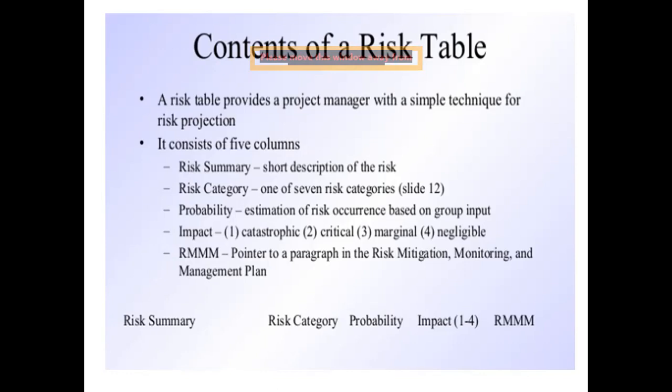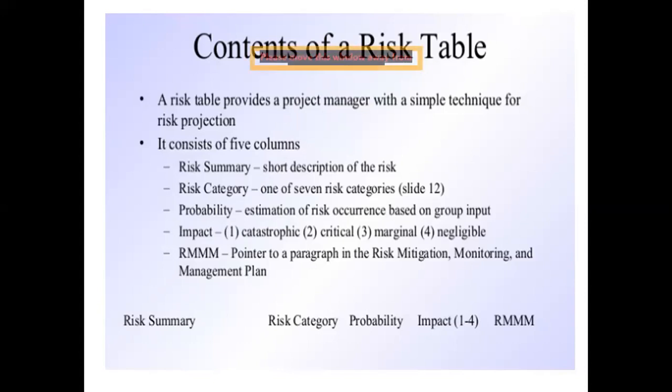Because if we are going to develop any product, then we always consider the risk, and for that risk we are going to maintain the risk table. In the risk table there are a number of columns, and these columns are 5. So what are those columns, under which we are going to estimate various factors? So first is the risk summary. In the table, the first column is the risk summary.